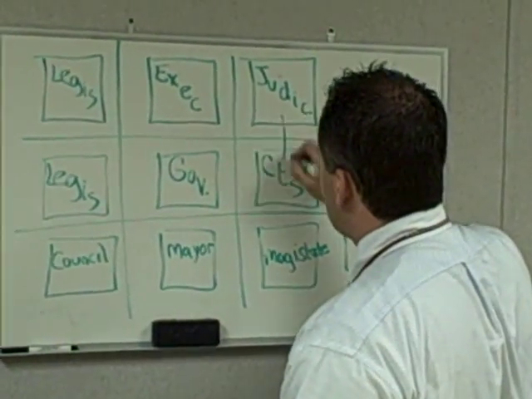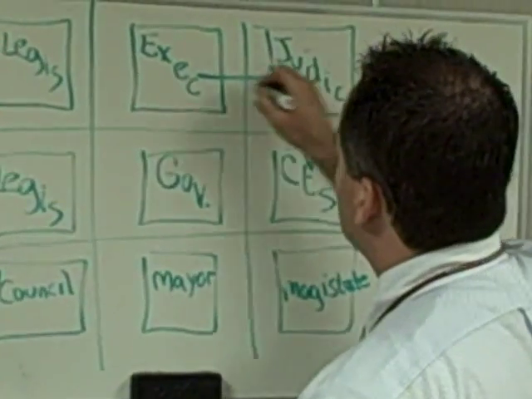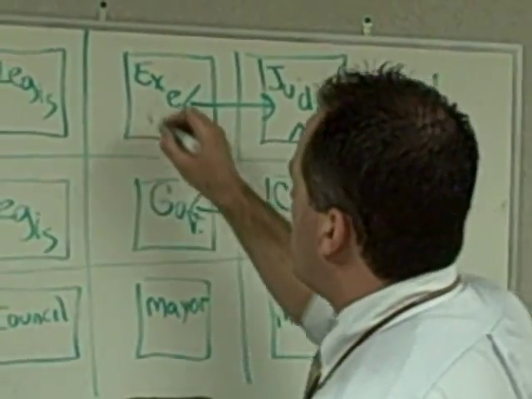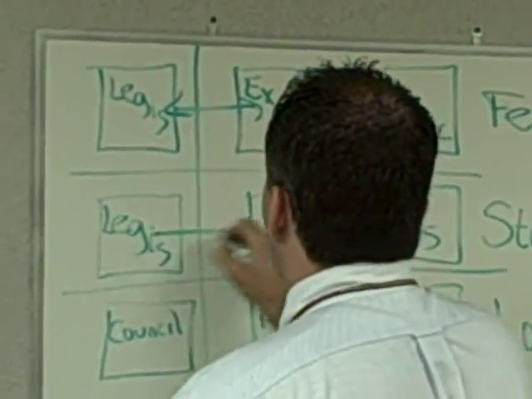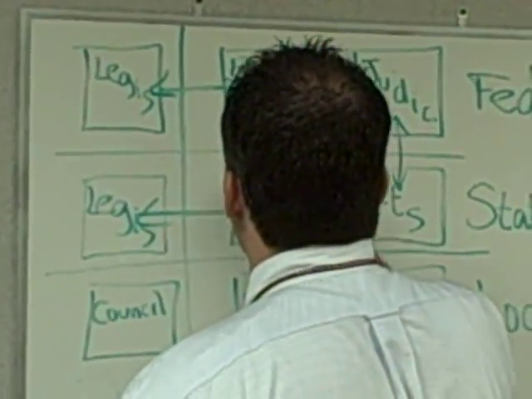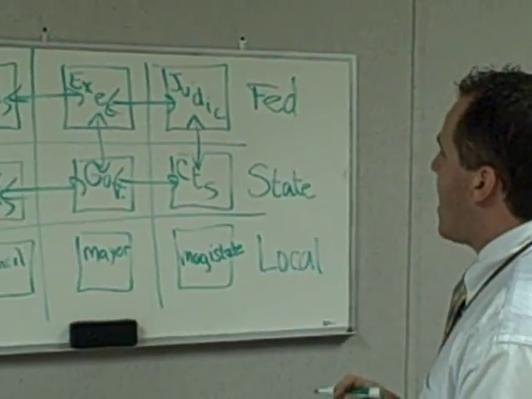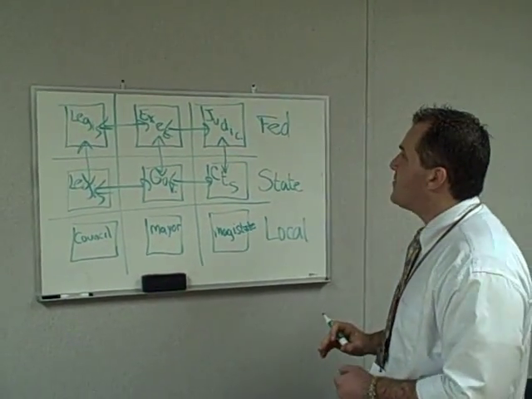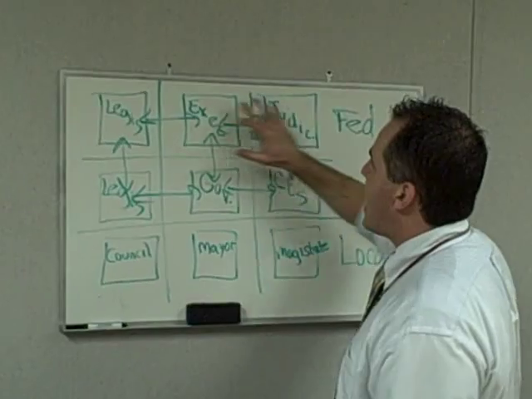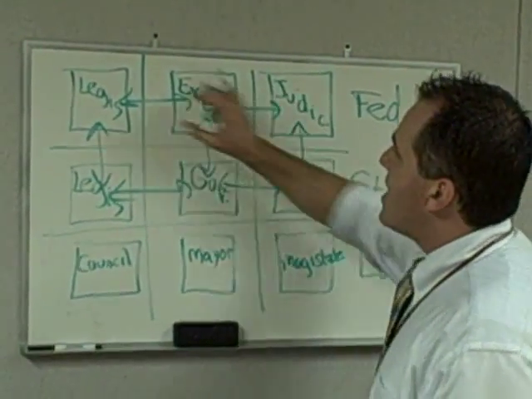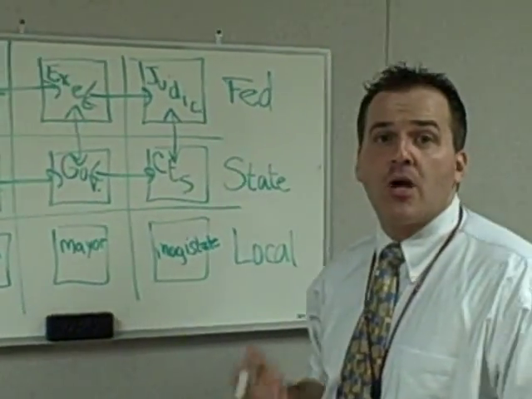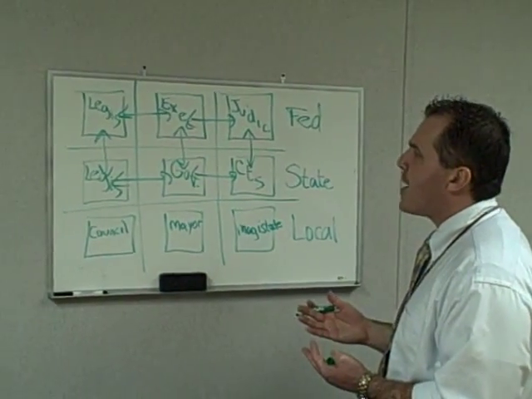And the beauty of this is that there's going to be a natural push and a natural pull between all of them. So when you think about it, and I'm just going to draw the arrows here for the national and the states, but when you think about it, the founders in Federalist number 51 divided the national government into three branches. And these branches will fight each other in order to keep all of them from becoming too powerful.